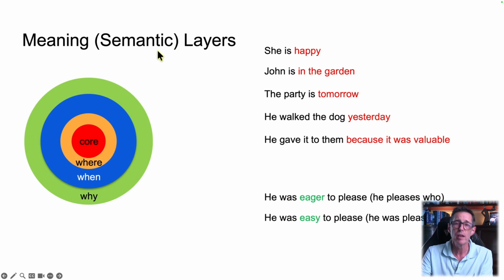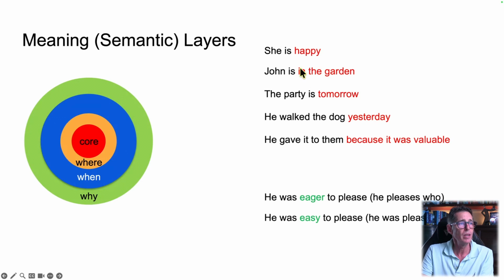So let's have a look at how layers work, because we're not just using a verb in a sentence, we also convey meaning as we saw in those last examples, with different categories of things. So the model that comes from role and reference grammar is there's a core, and you can take whatever that core is and you can position it in space with where concepts, with when concepts and why concepts, or temporal and reason. So when we say she is happy, that's actually a core predicate that belongs in the center here, and happy is okay with she. We don't know what she is, maybe not that happy with it, but she is happy.